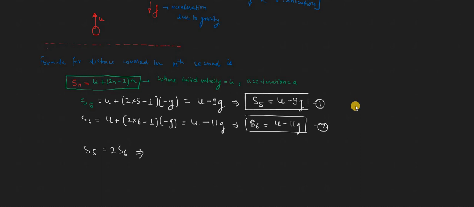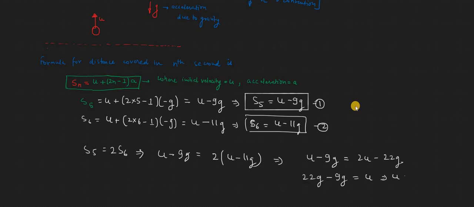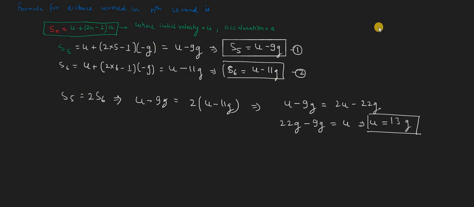Okay, so from equations 1 and 2, plugging in these values, we'll get u minus 9g equal to 2 into (u minus 11g). Okay, by solving this we get u minus 9g equals 2u minus 22g, so u would be 13g. Okay, now if we take the value of g as 9.81, then the value of velocity would be